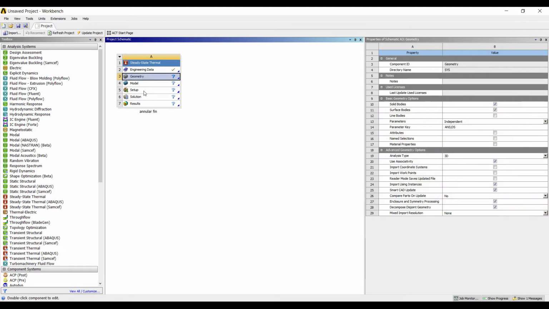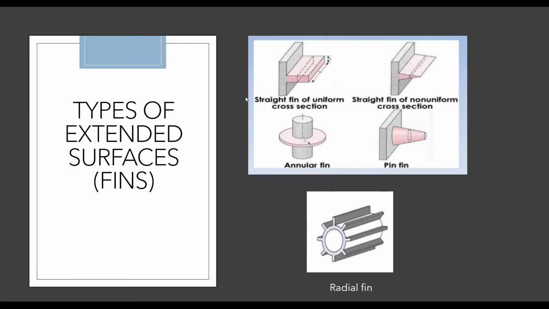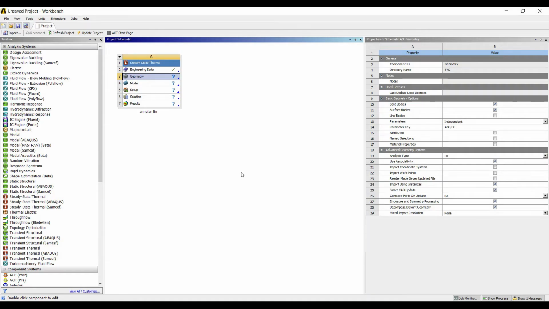This annular fin is also called the annular disc fin because the fin looks like a disc. The central vertical thing that you see over here is actually a vertical cylinder or a shaft to which a fin has been attached so that the heat can be lost to the surrounding. In annular fin, the heat is lost from the solid to the fluid around, so it is a solid liquid interface which you can see. Also, the fin is more effective if the material of the fin is isothermal. That is what I'm going to choose over here. Let's get started with ANSYS now.